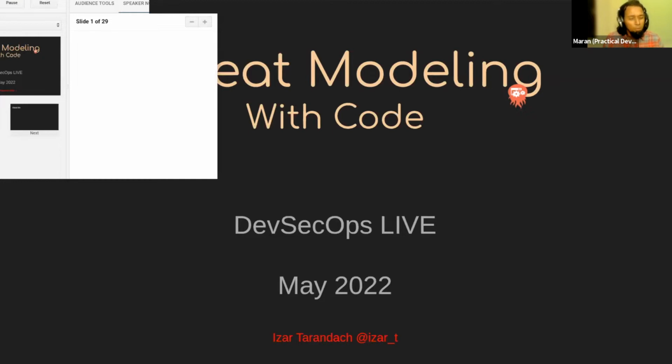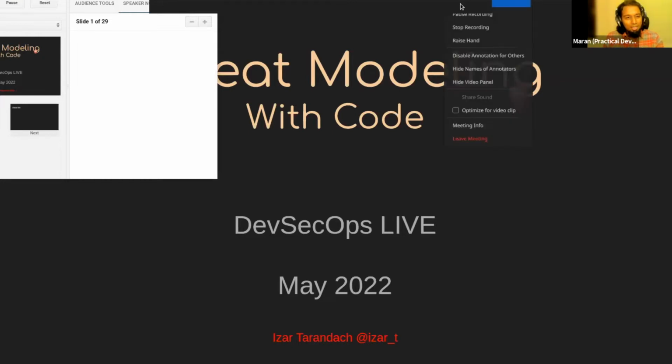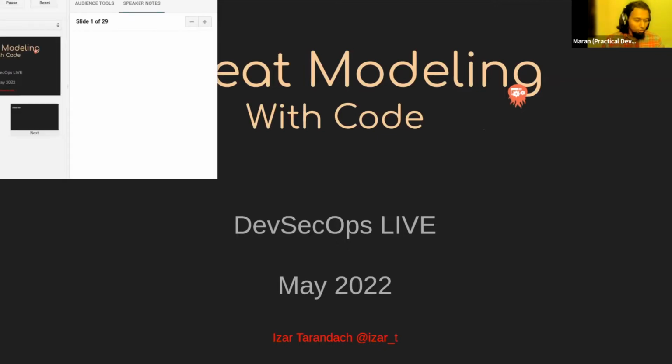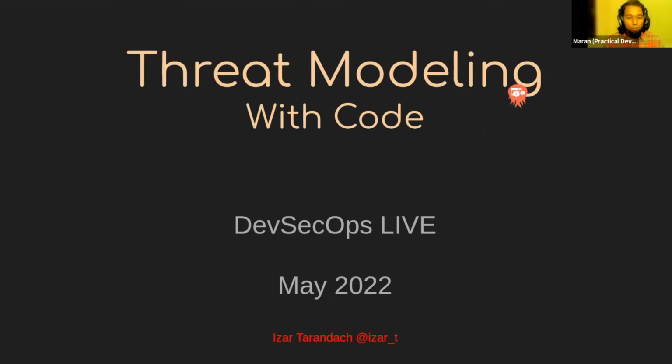So last time we did around the same topic, threat modeling, but with a tint of privacy. And we explored the Linden framework and then see how that could help us with privacy modeling. But threat modeling with code is particularly relevant to today's state of affairs with software security, product security in general, and with the movement of everything as code.